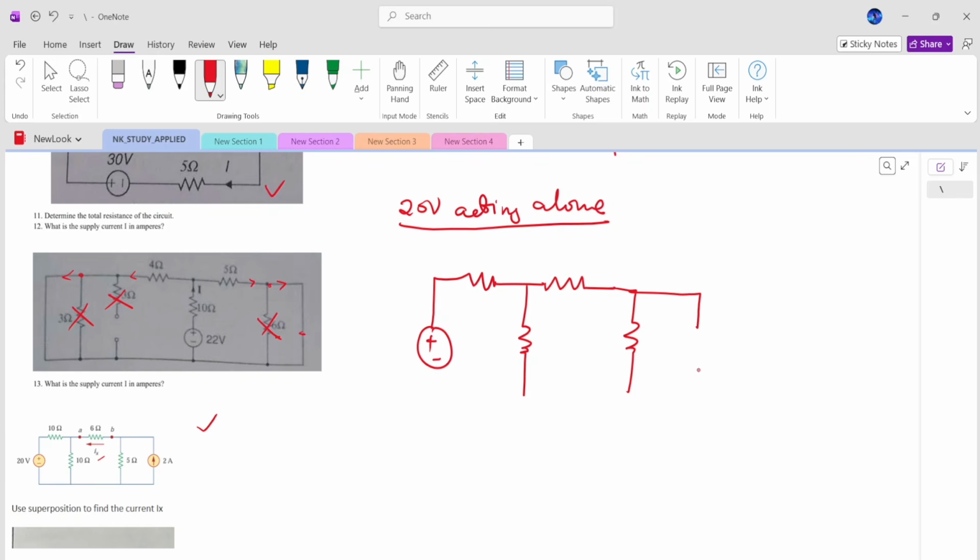This is supposed to be a current source, but we know for a current source, if I want to deactivate it, I have to open it, right? So that part is opened. So we have 5 here, we have 6 here, and we have 10 here, 10 here, and 20 here. To find our Ix, the contribution of Ix,